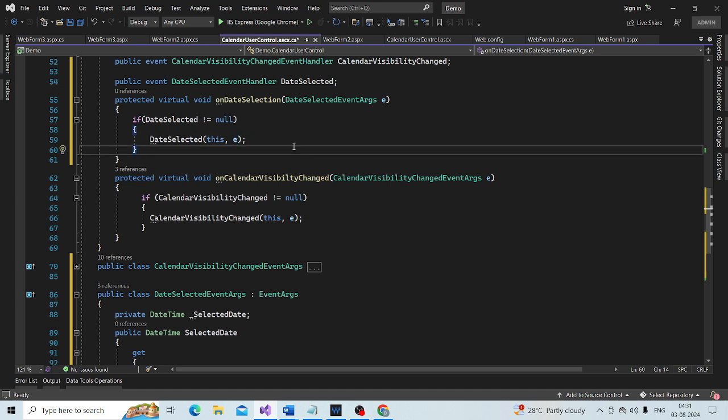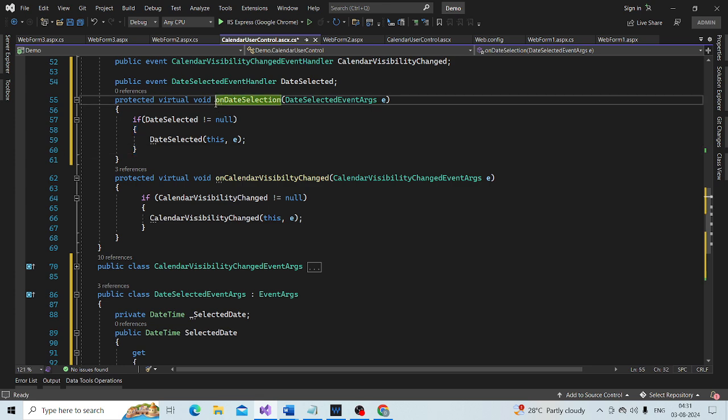Whenever they call this method, they have to pass event data also as a parameter into this function.